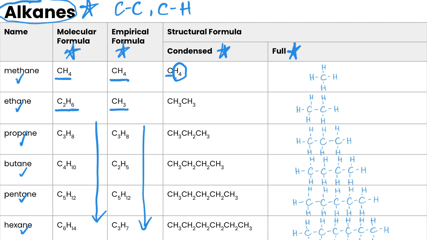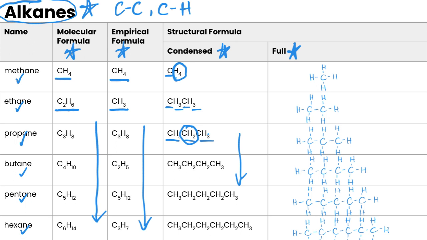In ethane, we have 2 carbon atoms joined together. Each one is attached to 3 hydrogens, so its condensed structural formula would be CH3, CH3. Next one, propane, 3 carbons. The 2 outer ones have 3 hydrogens, and the inner one has 2, and so on and so forth down this series. So you're showing each carbon and how many hydrogens are attached to it, but you're condensing it down